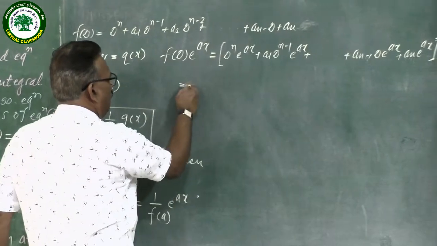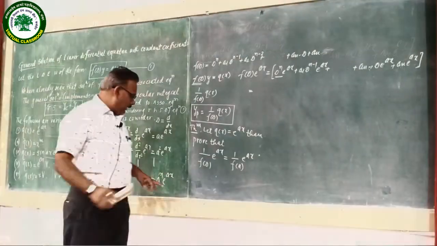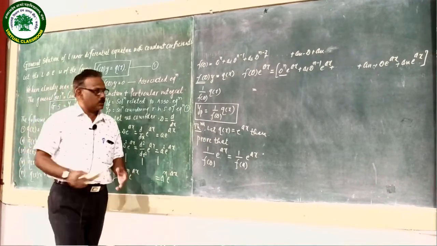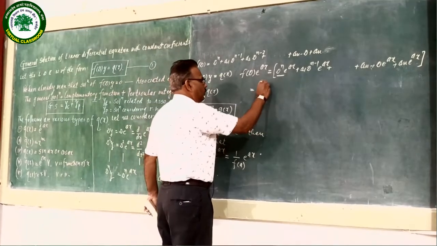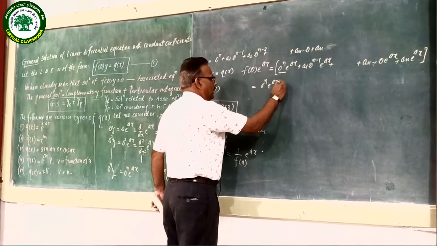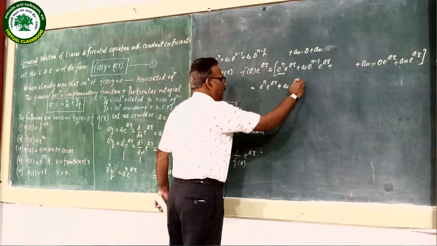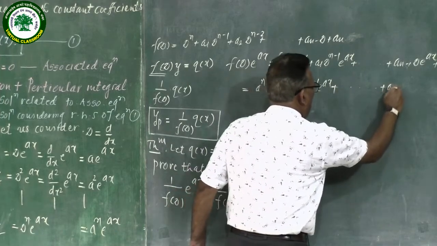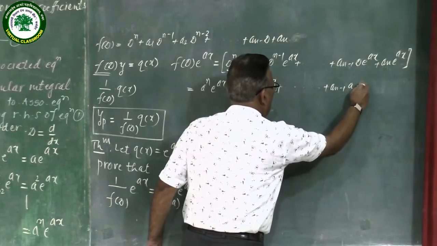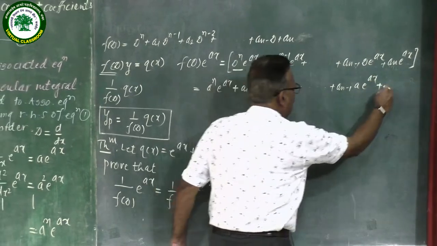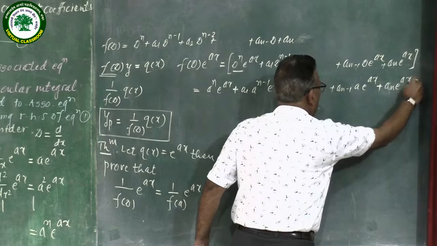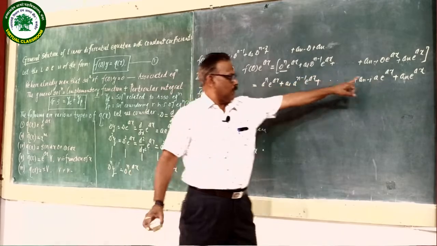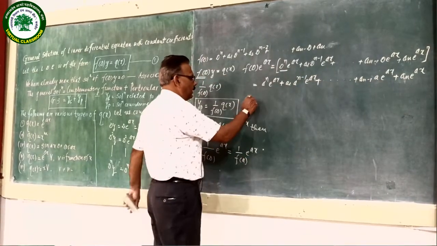which is equal to, here we have just seen that nth time differentiation of e raised to x is a raised to n into e raised to x, which is equal to a raised to n into e raised to x plus a1 into a raised to n minus 1 into e raised to x, plus continuing in this way a n minus 1 single derivative e raised to x plus an into e raised to x. See students, observe that everywhere there is e raised to x, therefore you can take it as a common term.